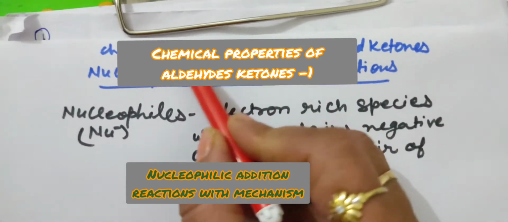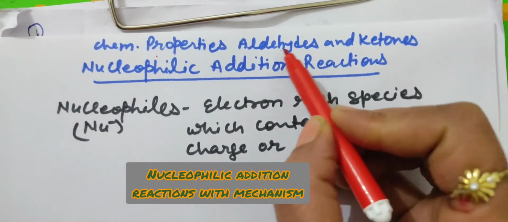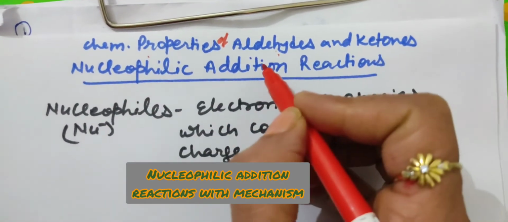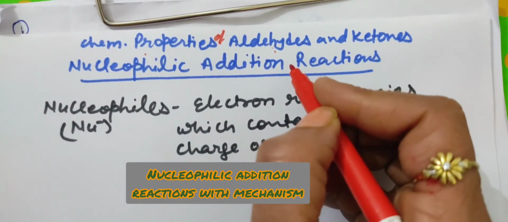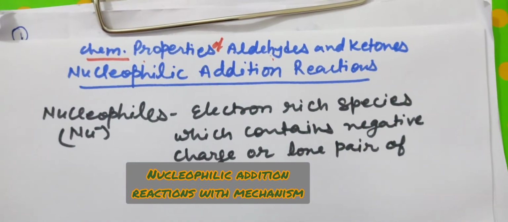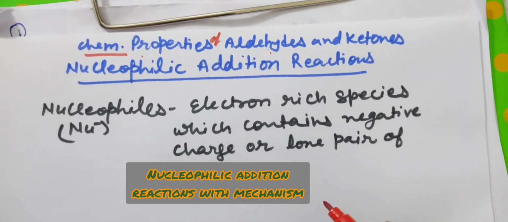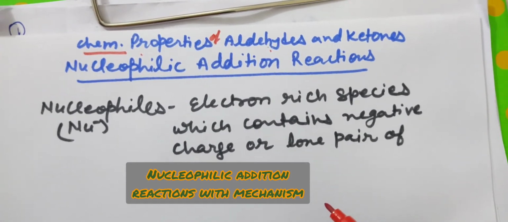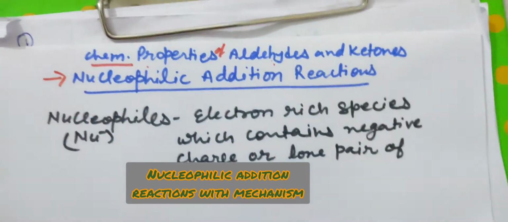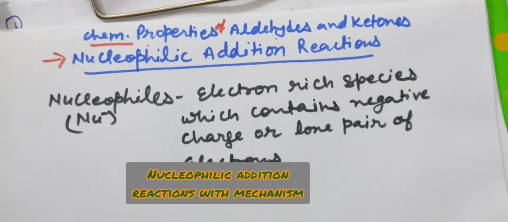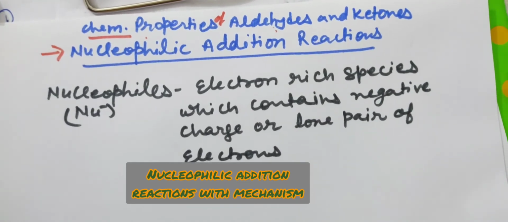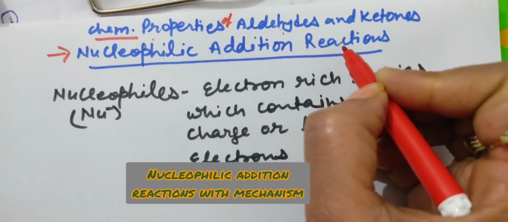My dear students, today we will discuss chemical properties of aldehydes and ketones. Here we will discuss chemical properties only. Before this, I have already uploaded the preparation, properties, introduction, and physical properties of aldehydes and ketones. You can watch all the videos from the playlist. Now we will discuss the first type. I have already uploaded a short video in which I have categorized all the chemical properties into different categories. First one is the nucleophilic addition reaction.